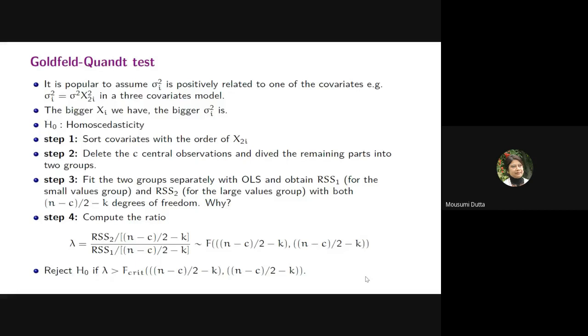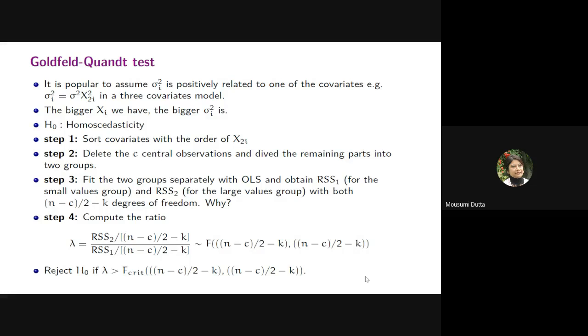Power of the test will clearly be small if C is too large. So I am repeating the entire thing. The power of the test will depend, among other things, on the number of central observations excluded, and will clearly be small